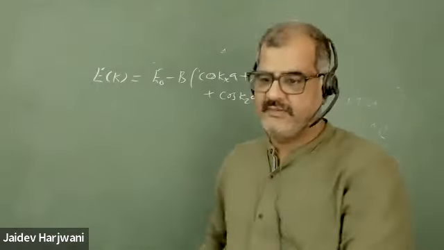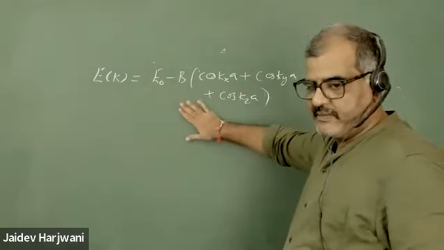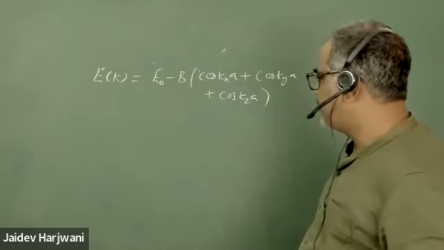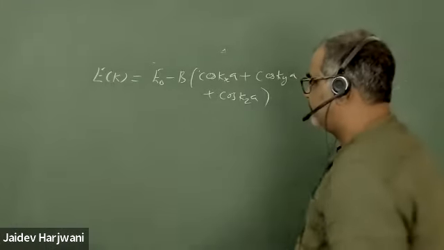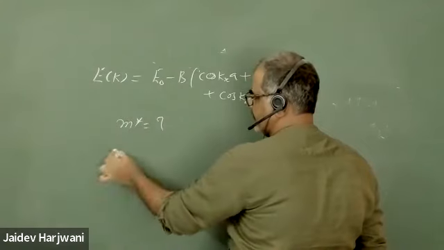approximation, na, तब इस तरह के एक्सप्रेशन हमको मिलेंगे. कल हम देखेंगे when we derive the expression from tight binding approximation, this will give this type of relations. Okay, so E naught minus B, this relation is given. Okay, now you're asked to find out the effective mass M star, okay, near